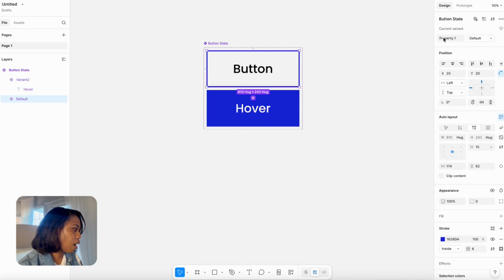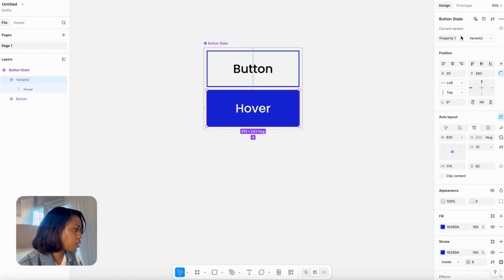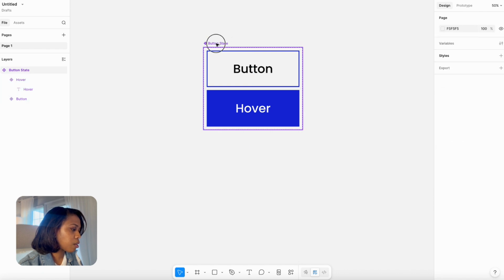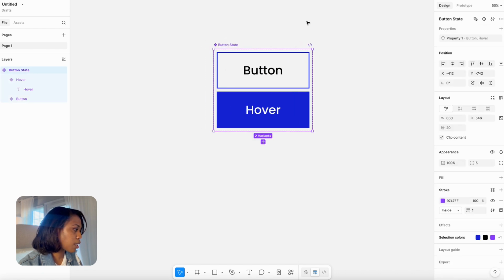And over here under property 1, you'll see default and you'll see variant 2. Our default is this button, the first one we made, and then the variant 2 was our second button. We can change the names on these too. So I'm going to change this to say, instead of default, we're going to say button. And over here, I'm going to say hover. Okay, so now that we have our first component set, I'm going to go over to prototype